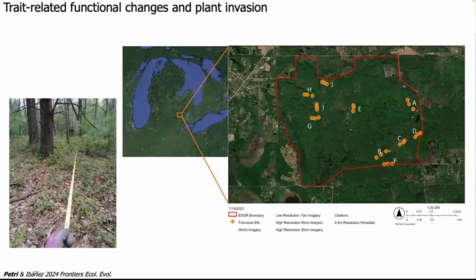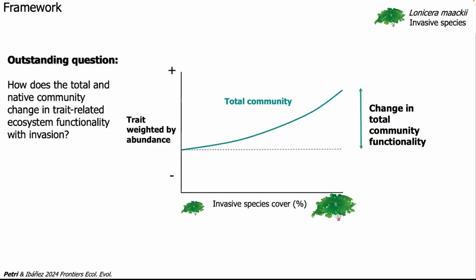To do this research, I established a site in Southeast Michigan. There is this research area called the George Reserve. From there, I established 30 transects, sampled the vegetation, and then linked that to traits using the TRY database. The rationale behind this is that if we think about invasive species cover from low cover